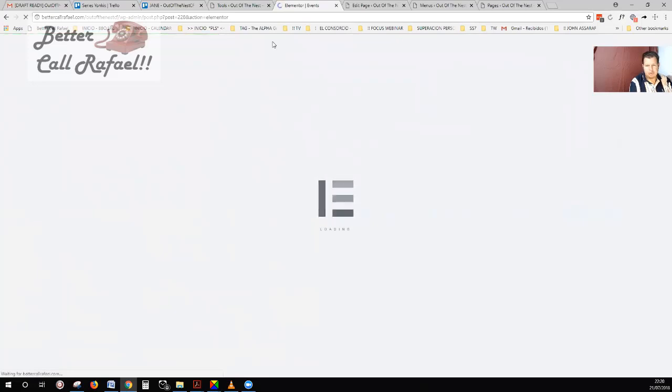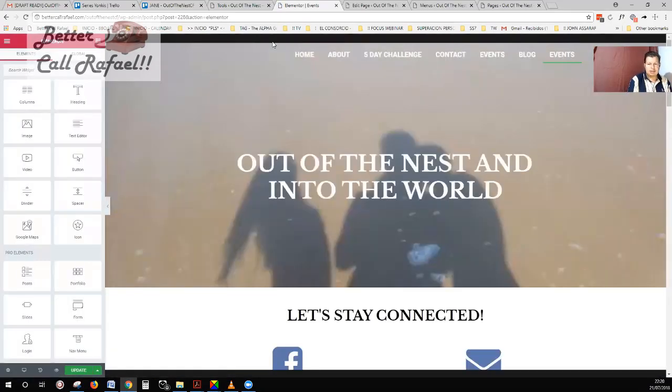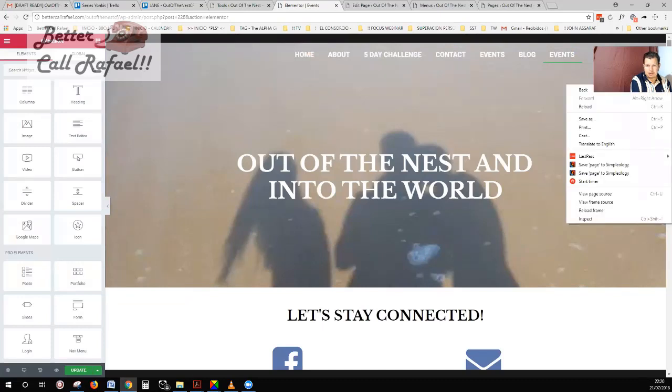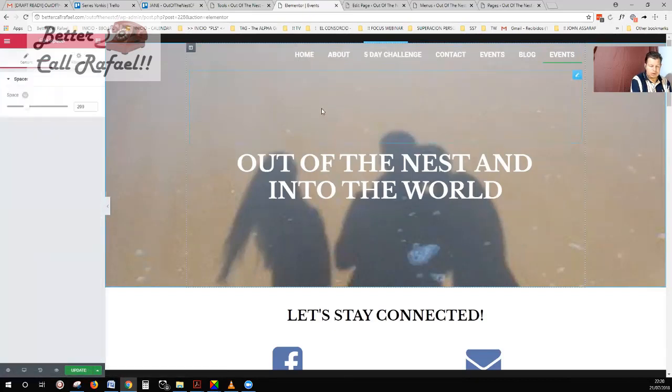And we're going to do a couple of changes so you see how this is done. Okay, so for example, let's start with the beginning. So here, when you left click, you see that it's a spacer element, and it is 200. Okay, this is 200. If you want to make it smaller,